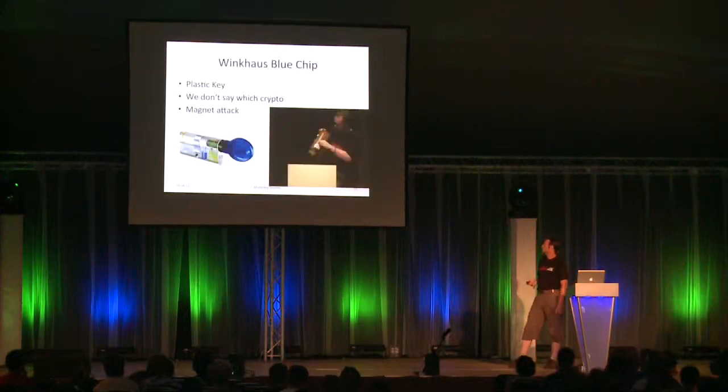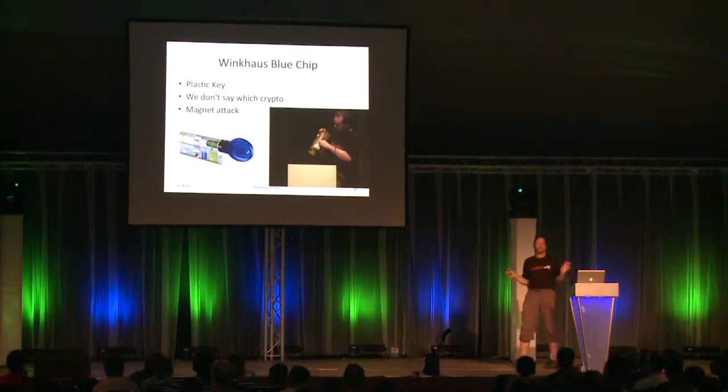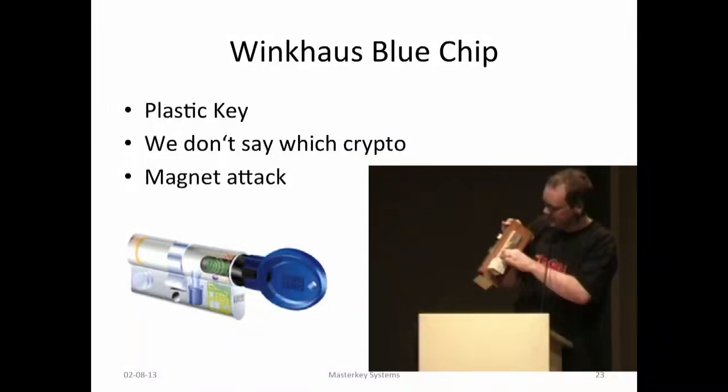And this was also a nice thing. An electronic lock is used with just a simple plastic key, and we don't say which crypto. I looked at the homepage. Now we have secure, so I don't say that we use a crypto algorithm, I use the same thing as DES or something like this. And this was at the CCC Congress a few years ago. This is a strong magnet. You just put the magnet on here and use any plastic pin like this, and you can open this lock without any electronic authorization.